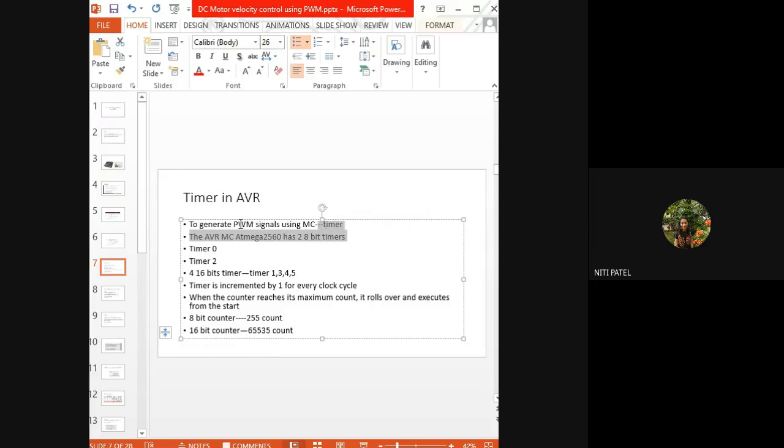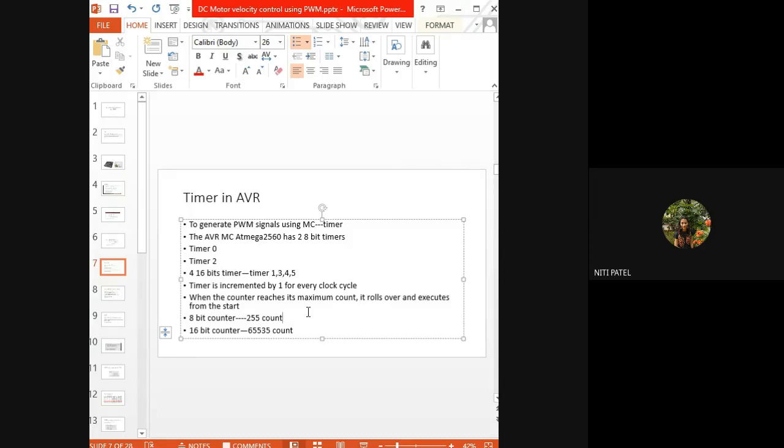So the timer, which is used to generate this PWM signal, is also counting some clock cycles. Once that clock cycle reaches the maximum, it will convert that value into 0 and restart again. तो अगर अभी टाइमर का मैक्सिमम 10 है सपोज, तो वो कहां से स्टार्ट करेगा? 0 1 2 3 4 5 6 7 8 9 10. जैसे ही उसका मैक्सिमम 10 पहुंच गया, again it will start counting from 0: 0 1 2 3 4 5 6 7 8 9 10. अगर वो 10 प्लस 10 में काम हो गया, that means how many cycles did it take to complete? टोटल 20. पहले 10 मैक्सिमम पहुंच गया, इसलिए वापस उसने 0 से स्टार्ट किया, तो दूसरा 0 से 10.